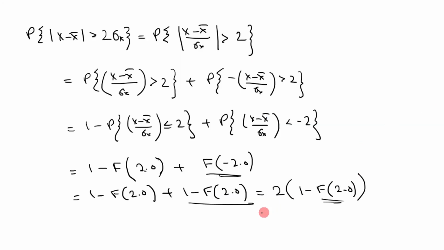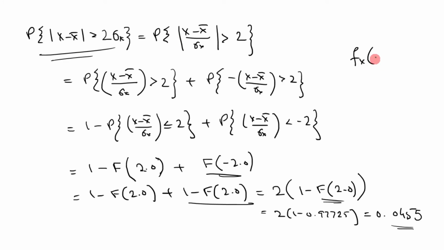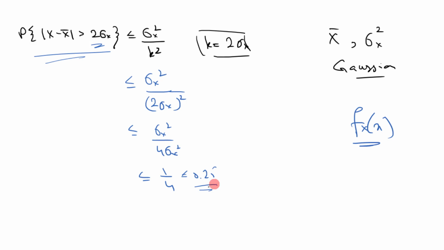So putting this value here, you have 1 minus 0.97725, and it will be equal to 0.0455. So if we use the direct approach to find this probability using the density function of random variable x, which is Gaussian, we get the probability equal to 0.0455, which is totally different from this probability,